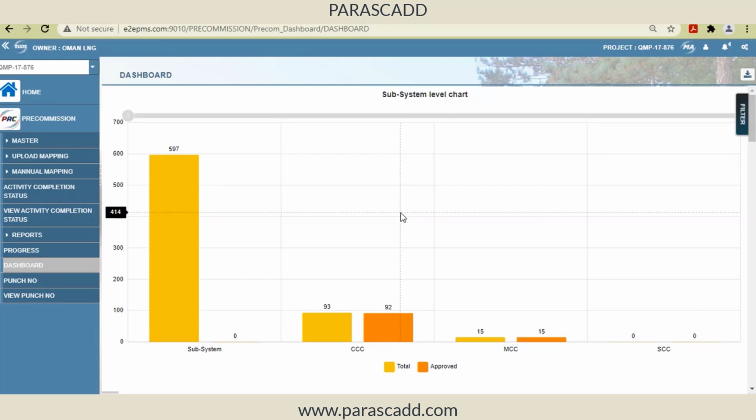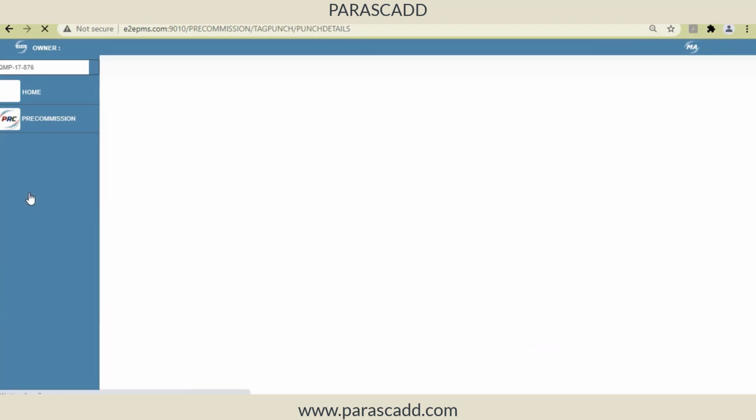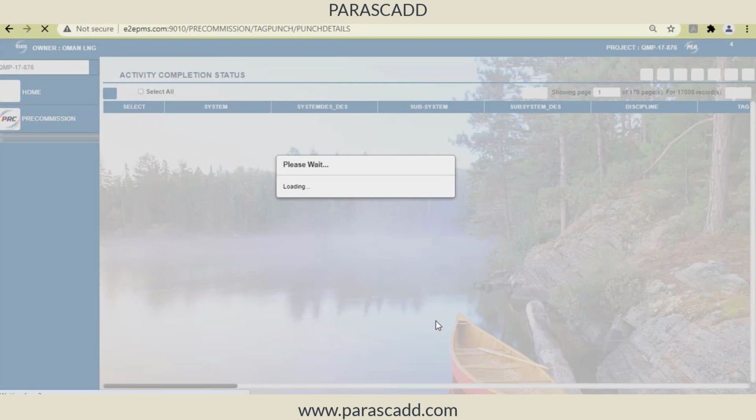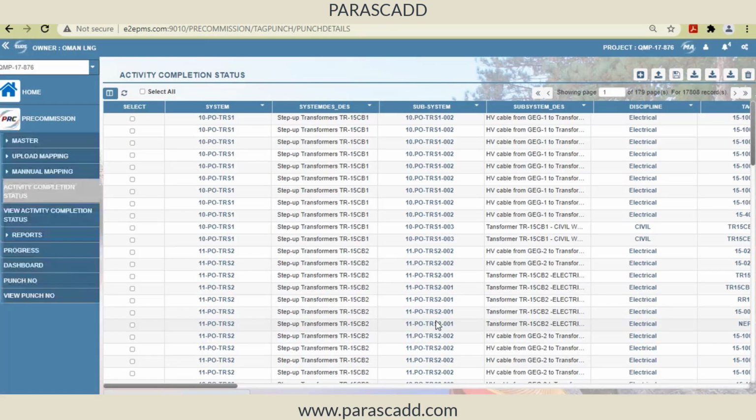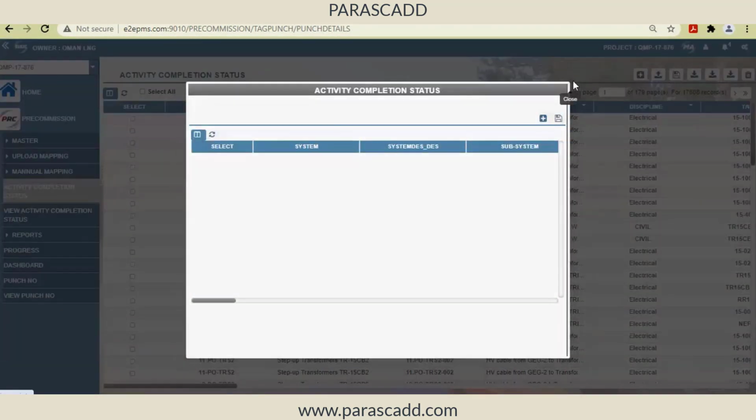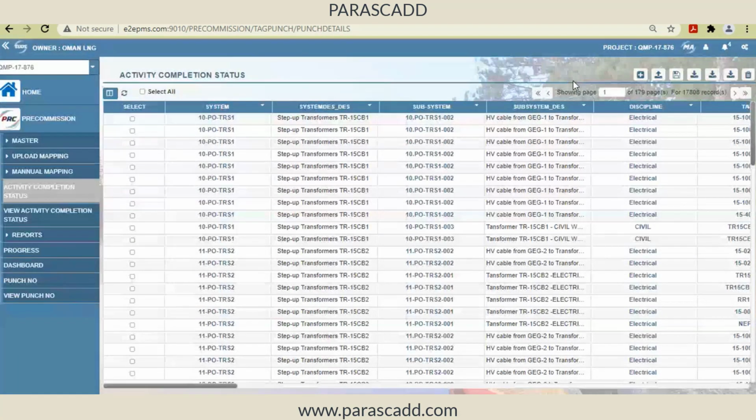I wanted to ask, how do you get this system and subsystem into this system? Only through Excel upload, or is there any direct entry? It can be a direct entry, or an upload. Because as a software person, I don't know what system is generated. System numbers have to come from the project, and the information can come in Excel format, or if it is in PDF, you can enter it. So I can add, and then I can enter here. Or if it is available in Excel, I can upload it.